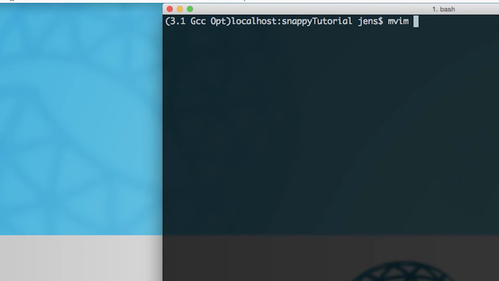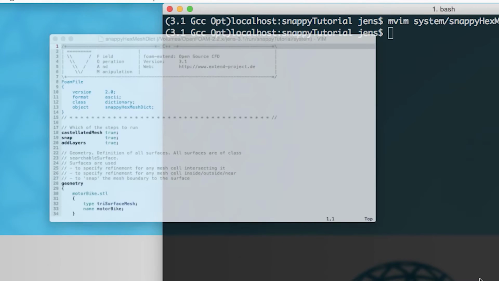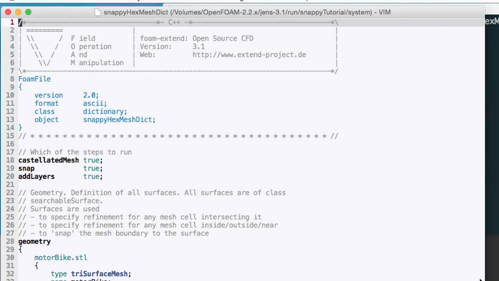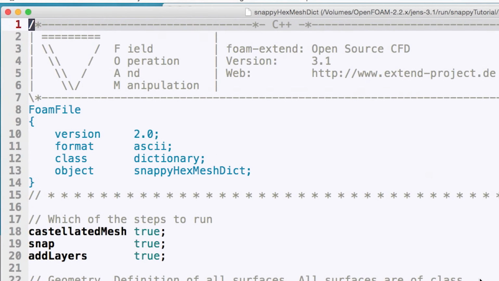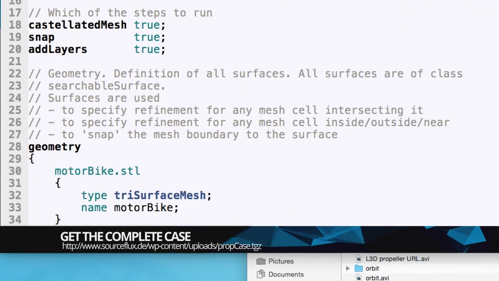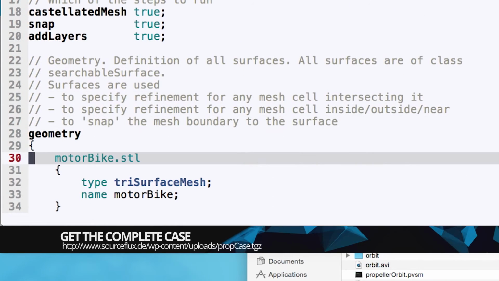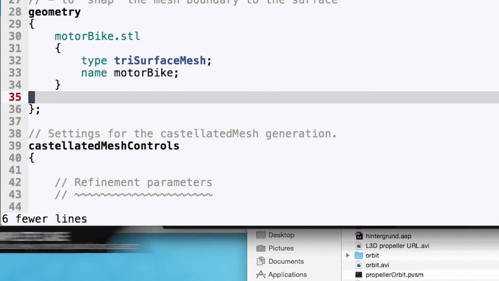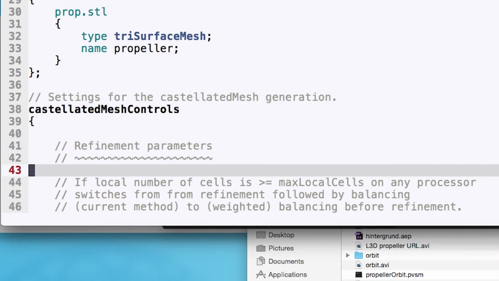Please open the system/snappyHexMeshDict with an editor of your choice and delete all those entries that relate to the motorBike tutorial. Of course, this is tedious and time-consuming work, and most likely you'll forget some of those entries. If you want to just speed things up, you can still download the case and just proceed with the snappyHexMeshDict that is present in this case directory.